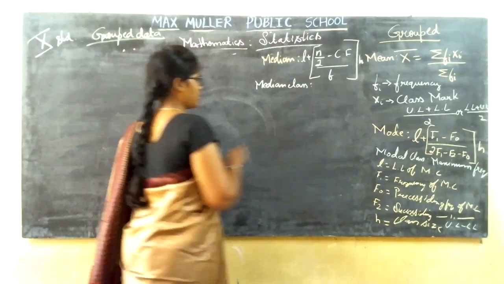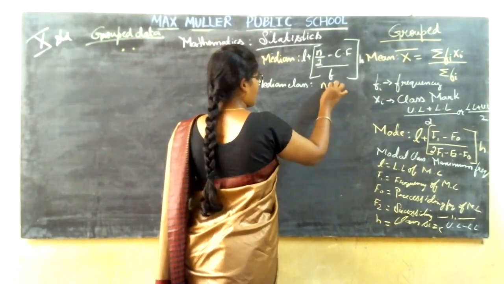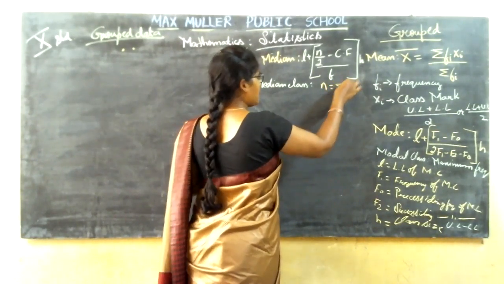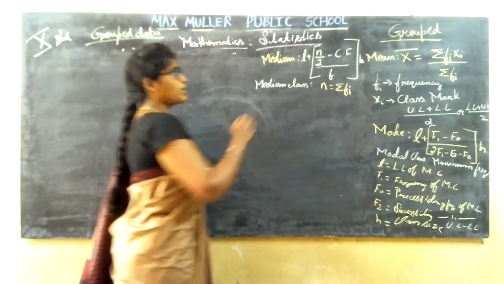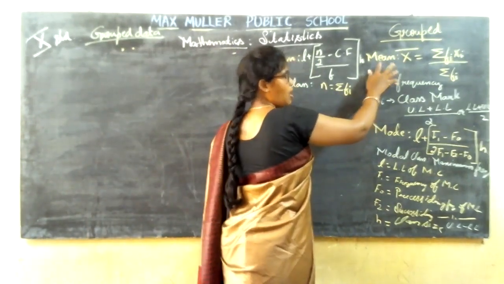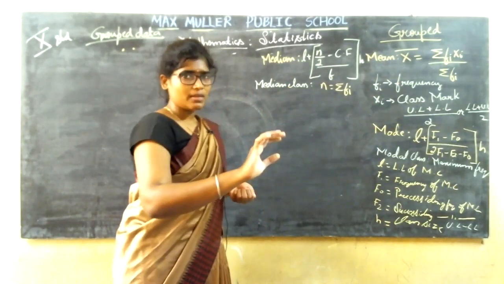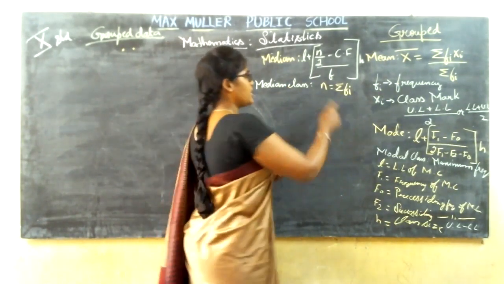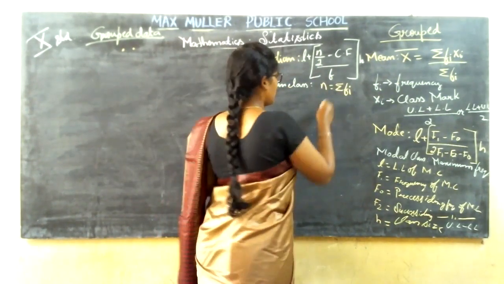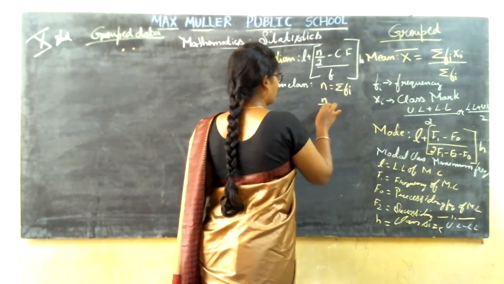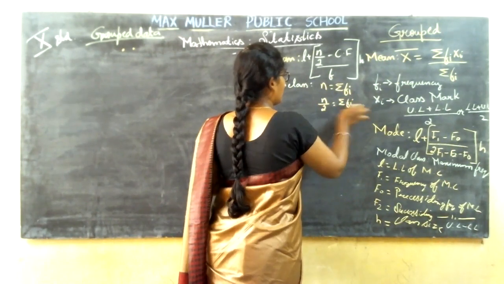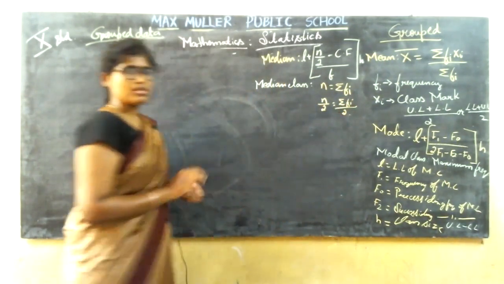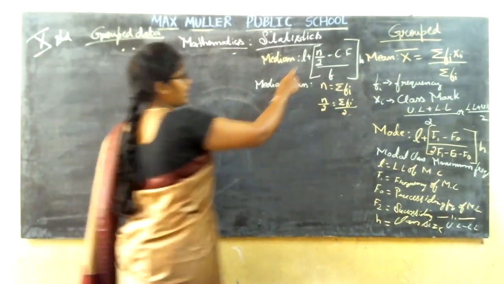How are you going to find the median class? You are going to find n. n will be equal to what? Sigma Fi. Let me write n is equal to sigma Fi for you. Why? Because you are already familiar with the mean, so whatever sum I gave regarding the mean, you are familiar with that. So let me take Ni is equal to Fi itself. So next, what you are going to do? n by 2 you are going to find, that is sigma Fi divided by 2. Clear with this?